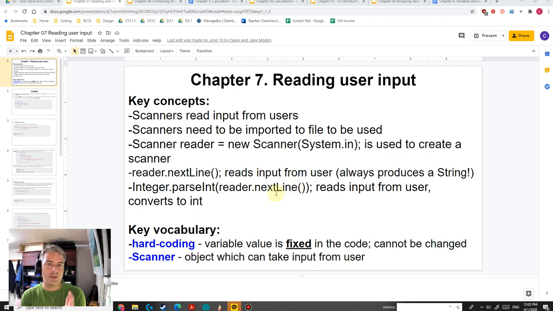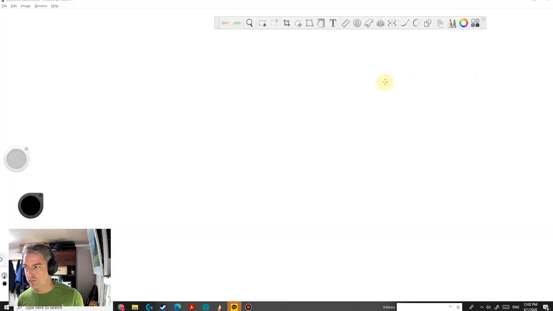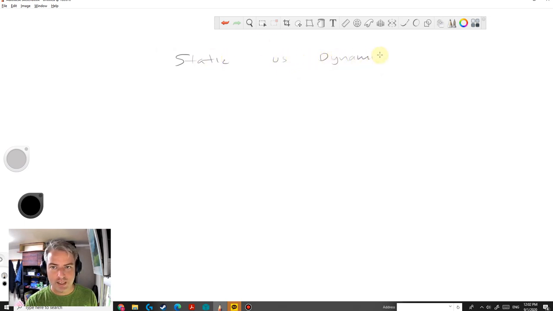Okay, so this is where I think our code starts to get a little bit more interesting, when we start to read user input. Because so far our code has been very, and let me share a word with you. So far our code has been very, and we talked about this a little bit in CMU for those of you who I spent some time talking with, static versus dynamic. So static means kind of like staying the same